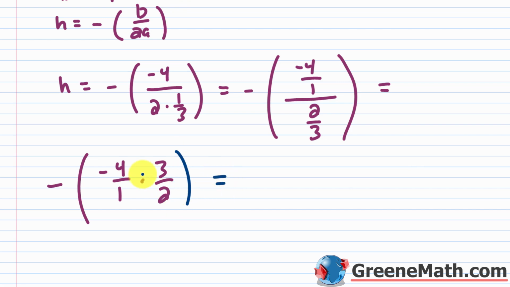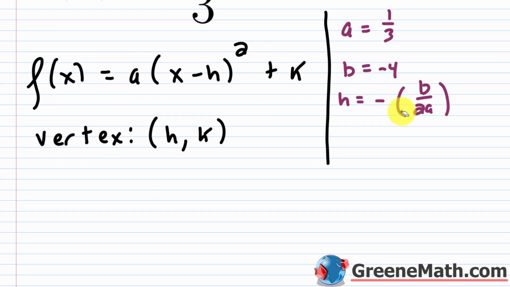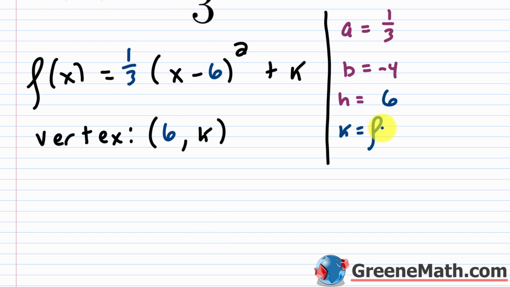So this would be equal to, this would cancel with this and give you a 2 up here. So negative 2 times 3, that's negative 6. So this would be the negative of negative 6, which is 6. So that's your h. Let me go back up, and we're just going to say that this right here is positive 6, and I'll replace that right here, and I'm going to replace that right here. Now your a is 1/3, so let me go ahead and write that in right there. Okay, when we talk about the k, this is f of h, and h in this case is 6,